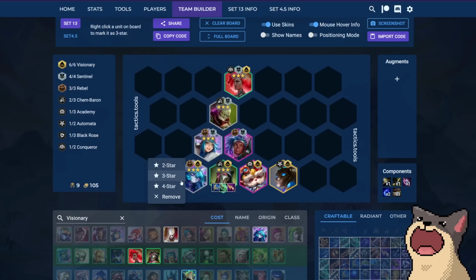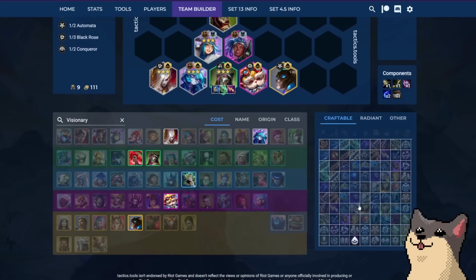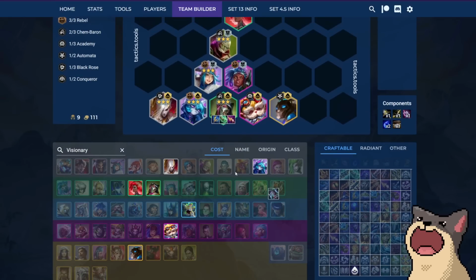The more 3-stars, the better. Typically, I would hope to have at least 2 3-star frontline units and Renata 3, but you can play around Vex, you can play around Morgana. Morgana is great at spreading damage, so something like, both of them, Vex and Morgana, both have like AoE really